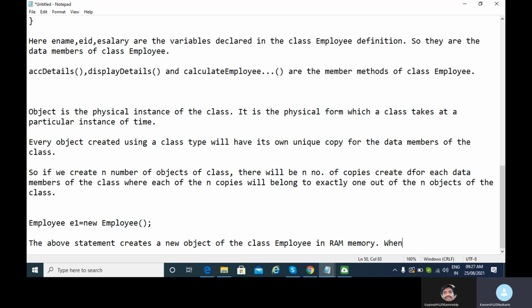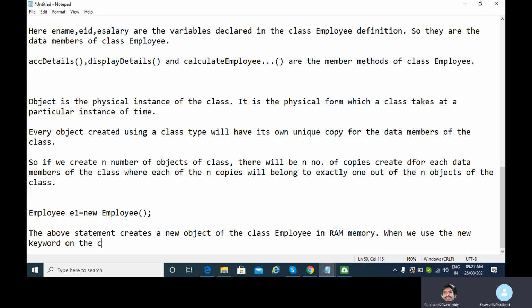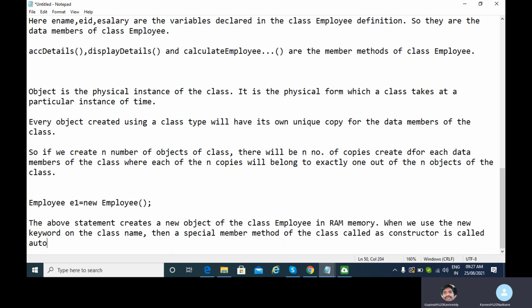When we use the new keyword on the class name, then a special member method of the class called constructor is called automatically by the JVM.